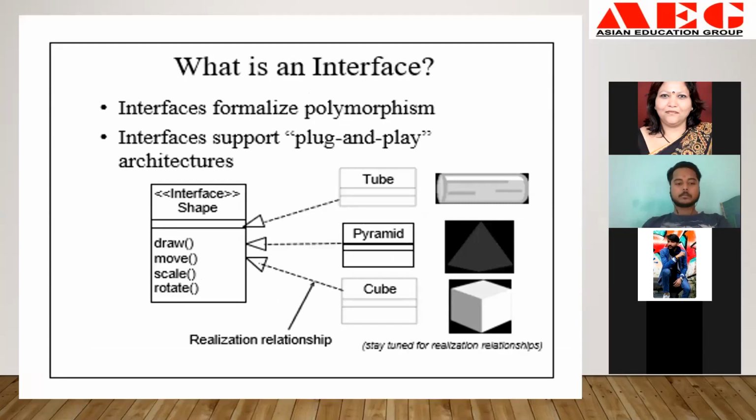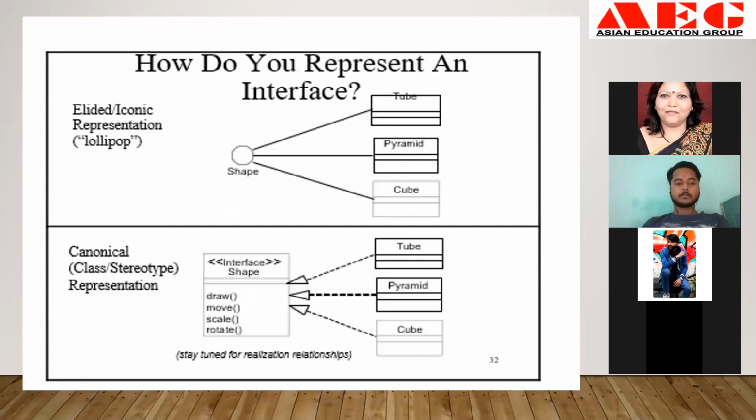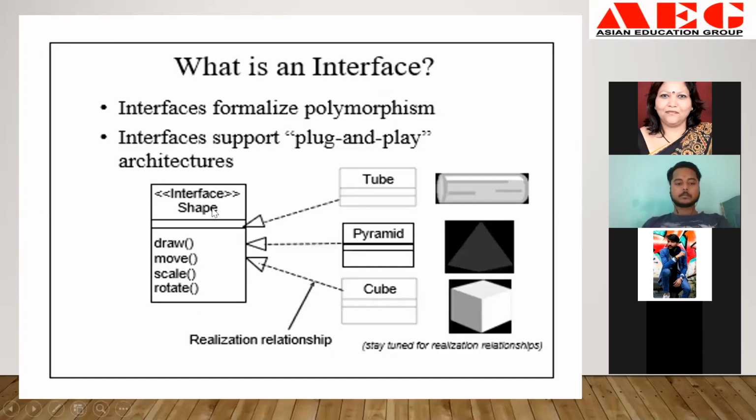We had also discussed the interface, as you people studied in Java. Interface is like a class, which is used for multiple inheritance implementation in Java. As we know, Java doesn't support multiple inheritance directly, but with the help of an interface we can implement multiple inheritance in Java also. So an interface is like a class. Let's suppose Shape is an interface, as is seen here, and it has different methods.